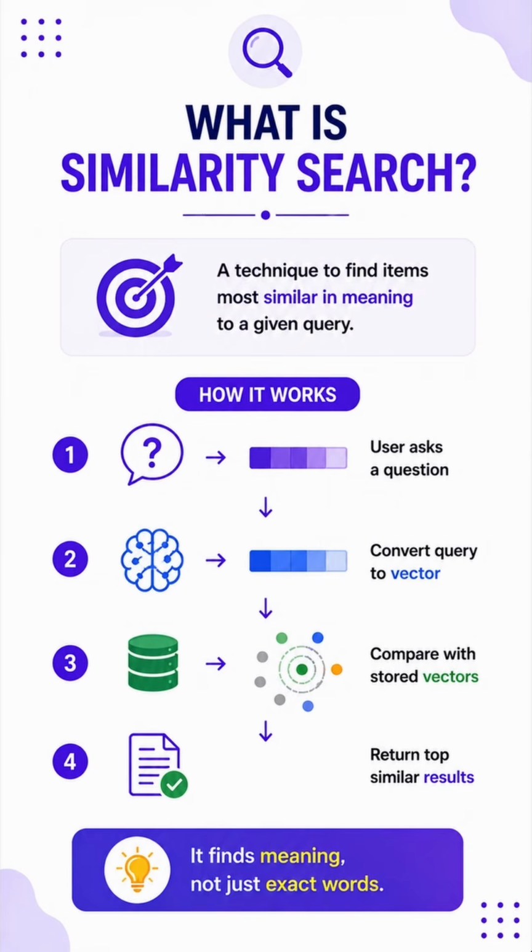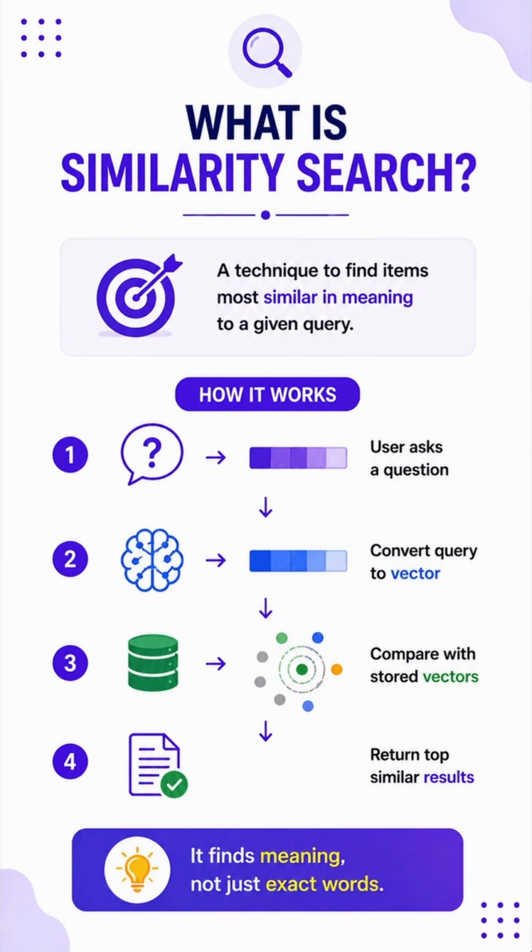The vector database then compares the query vector with all the stored vectors using similarity metrics, such as cosine similarity. Instead of looking for exact word matches, it finds the vectors that are closest in meaning and returns the most relevant documents. For example, if a user searches "I forgot my login credentials," Similarity Search can retrieve a document that